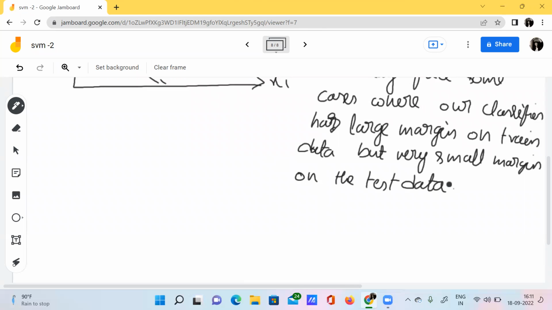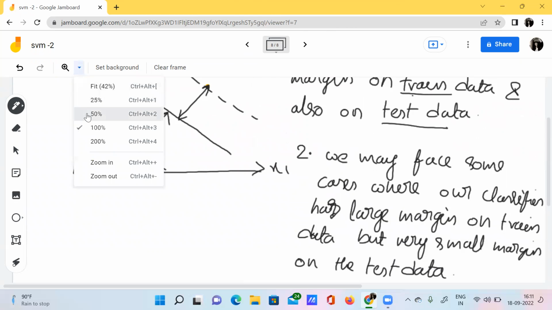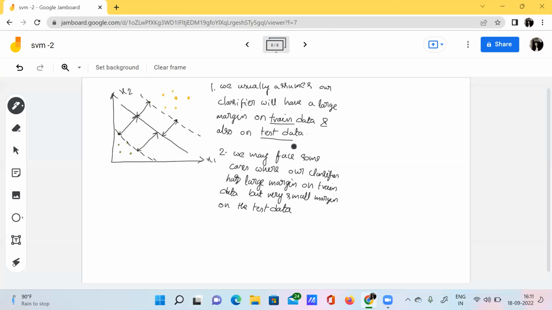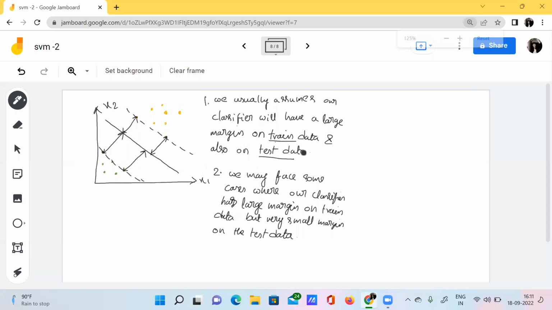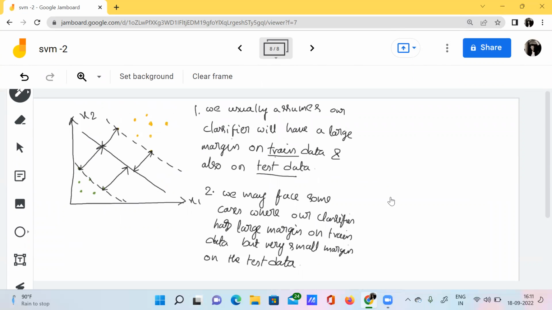So what does this mean? What I'm trying to say is we usually think this margin would be wide for both the train data and the test data.